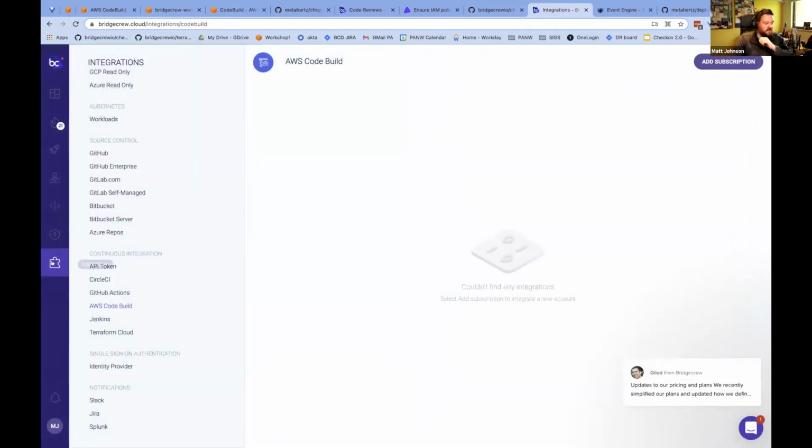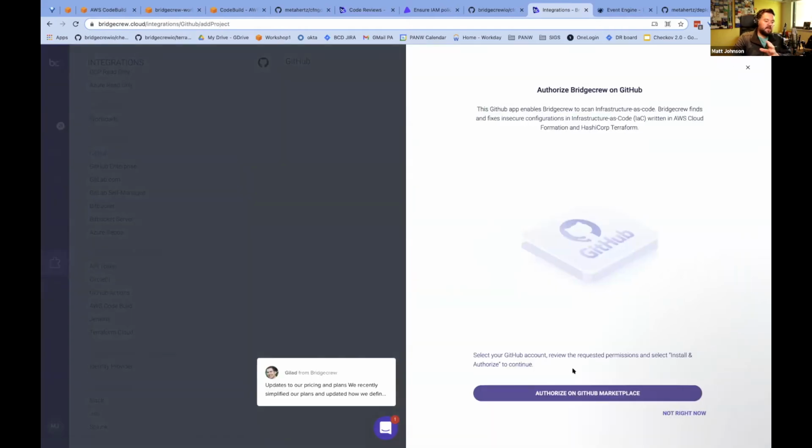So for example, and this is covered a bit later, but I just think it's a really exciting thing to jump into. If we do, for example, a GitHub or a GitLab integration, this does a couple of things. This not only